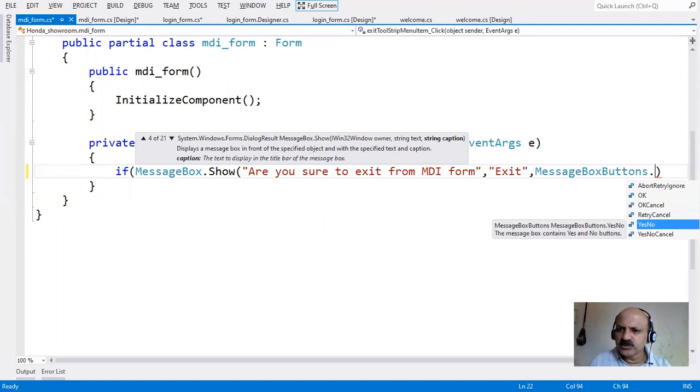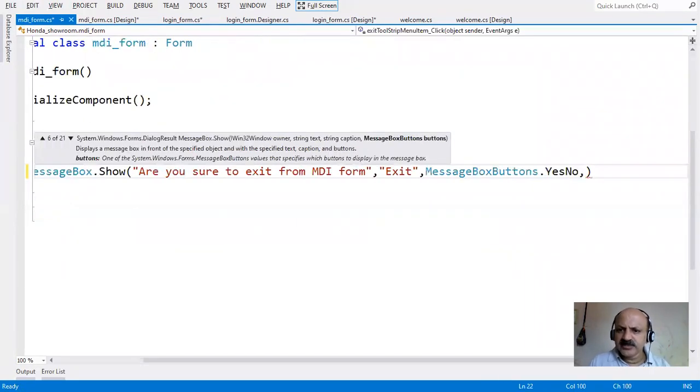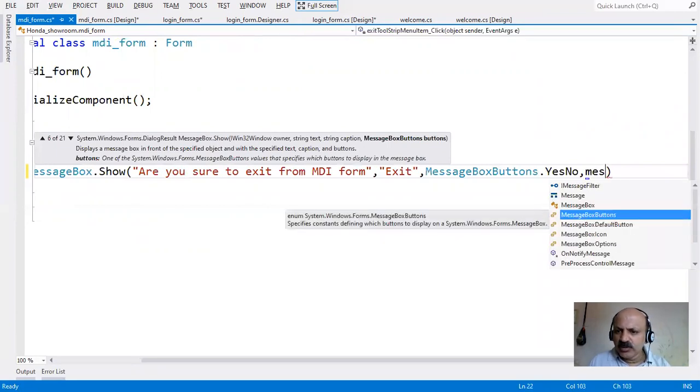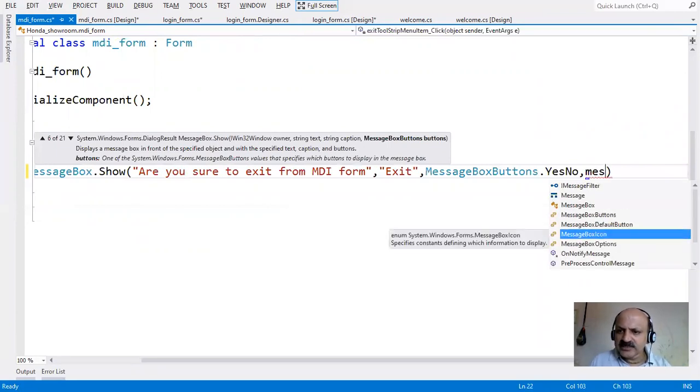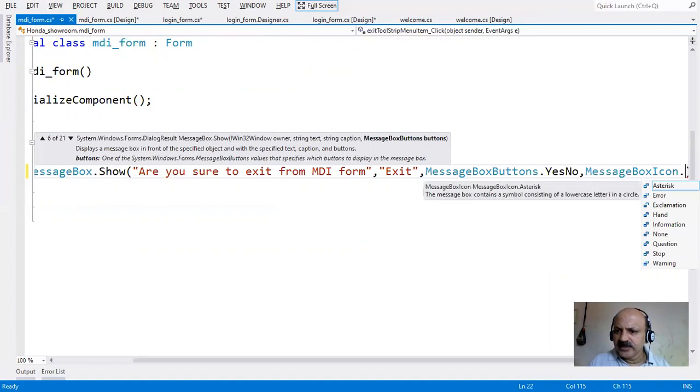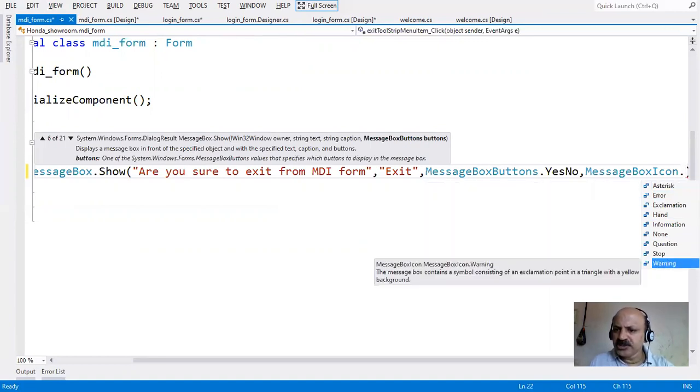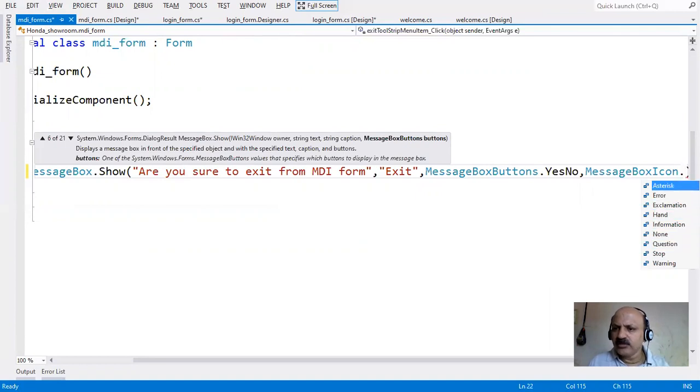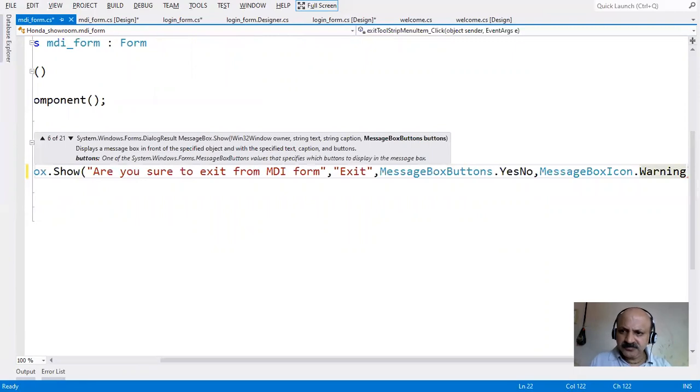Here we give Yes, and then the fourth argument is the icon. The MessageBoxIcon class is there, and here we can give Warning. We can take Information, Warning, Question, so many properties. But for exit we give Warning.